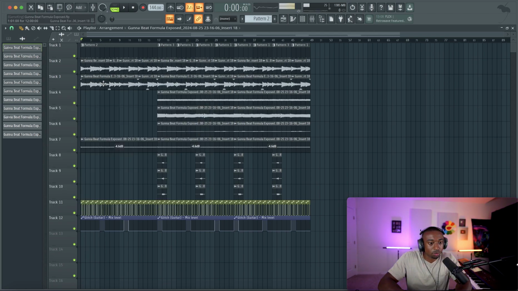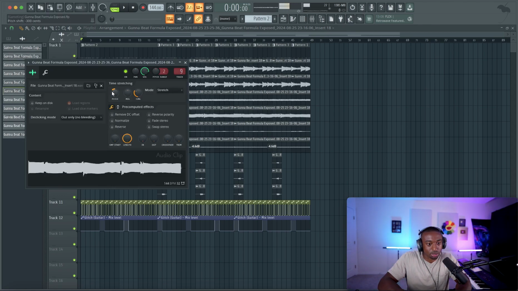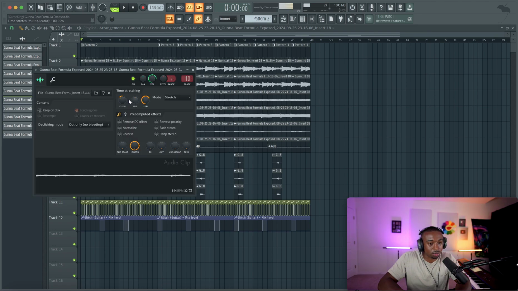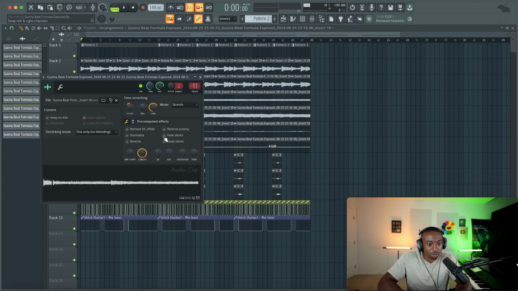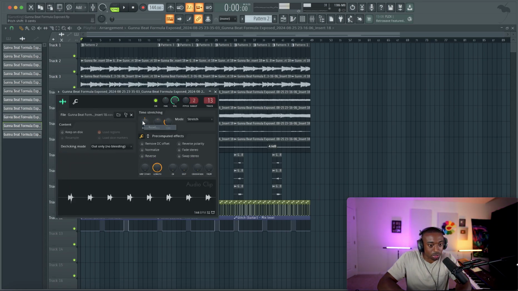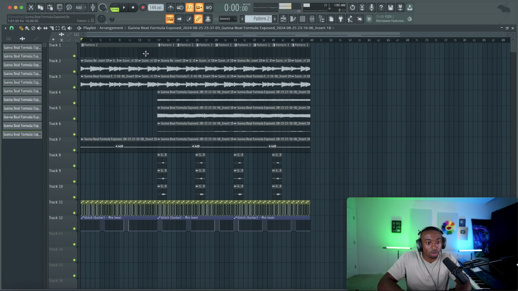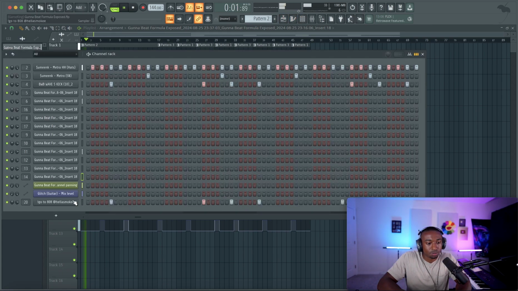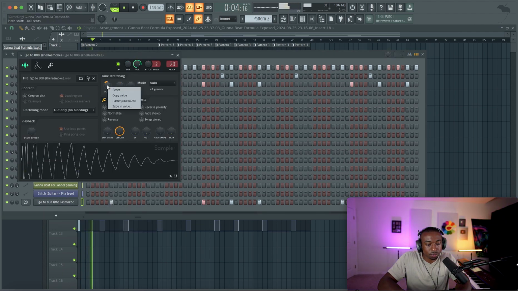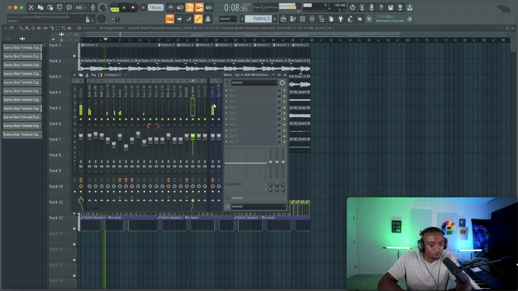So again, you guys got to be careful with this technique because you're affecting everything in the beat, the hi-hats, the kick, the 808. It's not just the instruments. So this can really take away the quality of your beat, but it actually sounded vibey. So that just shows like sometimes doing stuff the wrong way is the right way. There's no magic way to do all this. Again, in Logic, it's so much easier. It's called Vary Speed. I have a video about it. So let's just add that plugin to the master again.